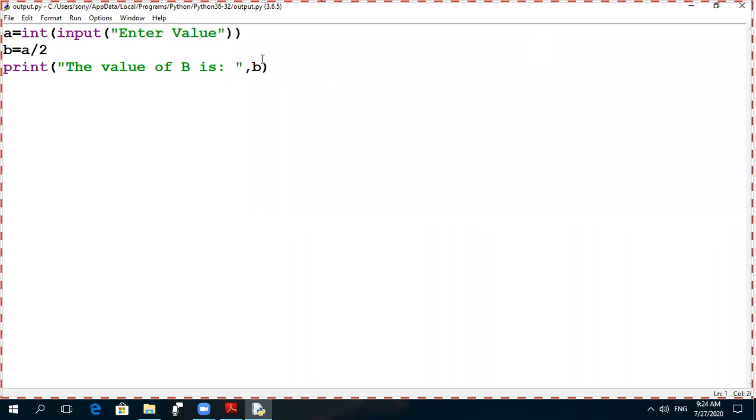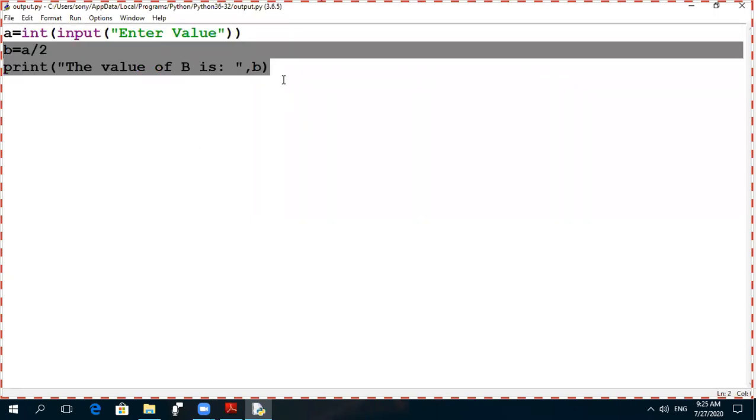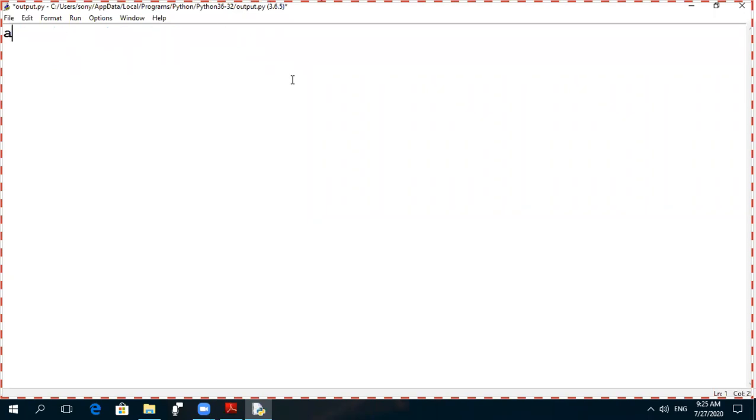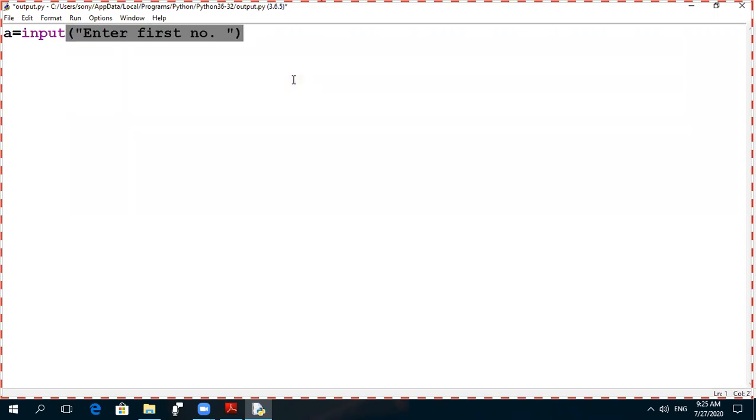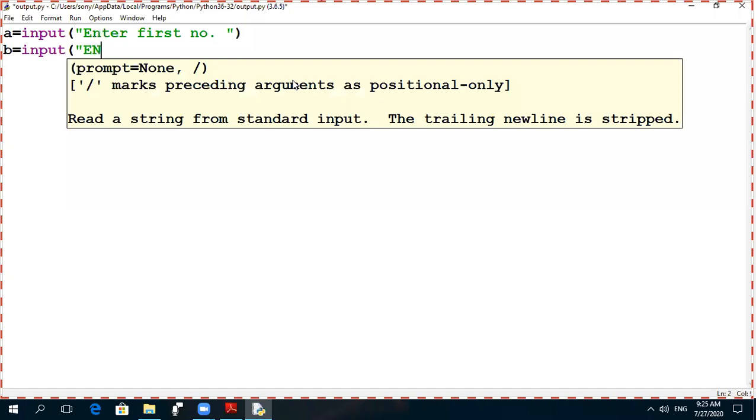See here. Again, you have to see here. A equals to input, enter first. This topic I explained earlier also. B equals to input, enter second number.